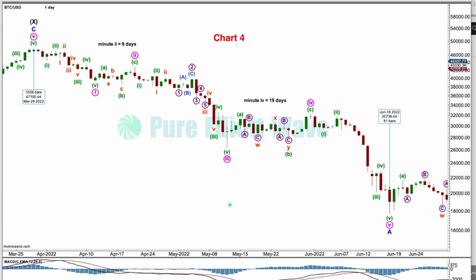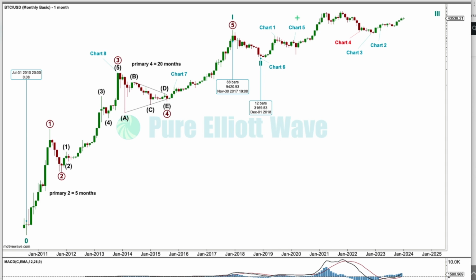Same bear market, and I'm seeing it as a double zigzag, and within the second zigzag, here's wave A, and it's an impulse, beginning here and ending here. 1, 2, 3, 4, 5. Here, the fourth wave lasted 19 days, nearly twice the duration as the second wave. So sometimes the fourth waves are not more brief and shallow. This is a tendency, not a certainty, but it does happen more often than not.